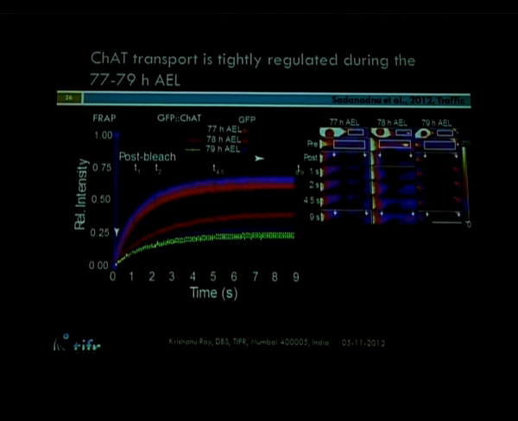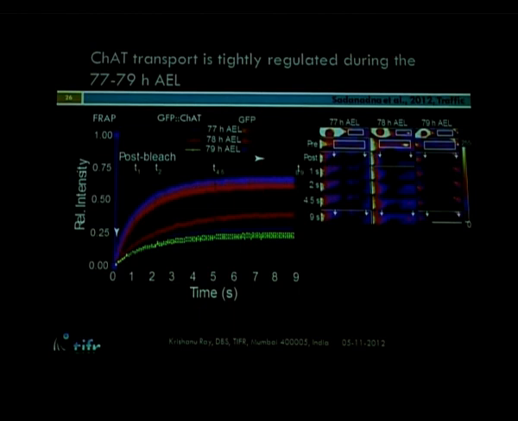In this case, the data that I showed you is only recorded in a 10 micron axon. We have subsequently done analysis in a 2 millimeter axon at different positions, and again we find the same phenomenon, that all along the axon there is a global cue which triggers the motor cargo interaction, and then as if the entire bulk which is present in the entire axon starts moving together like a large big train towards the synapse, and then after that 1 hour period the whole train stops, and again the bulk remains.